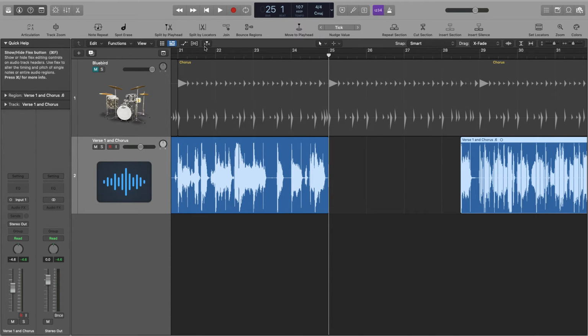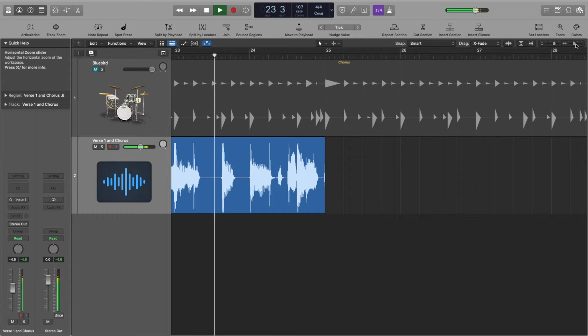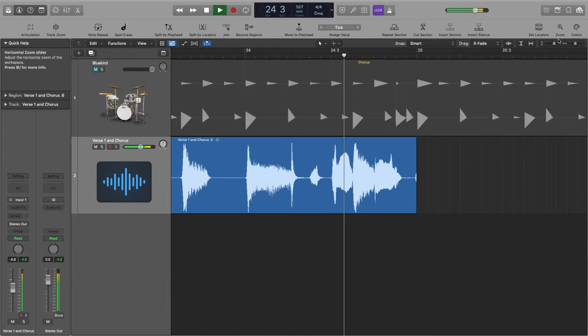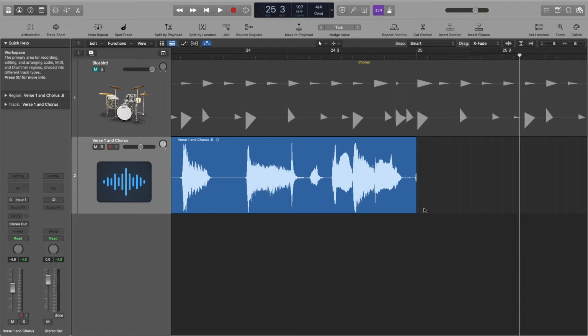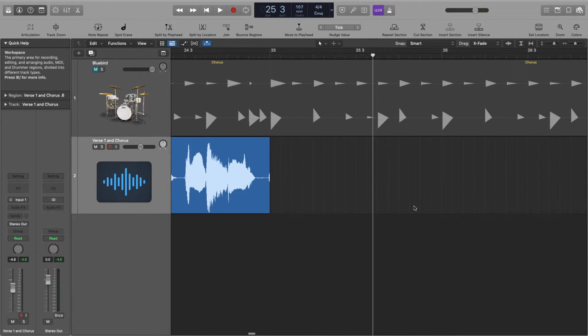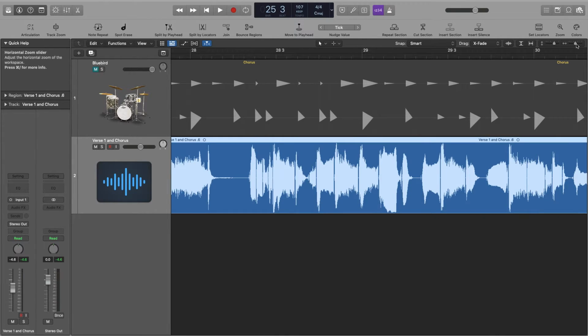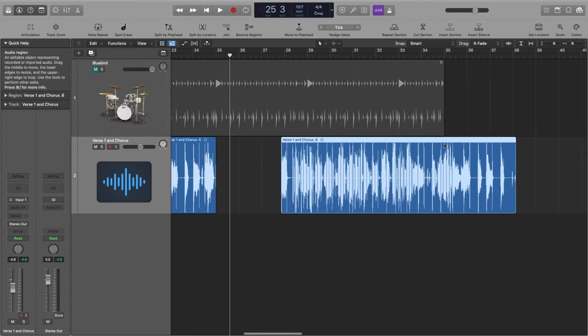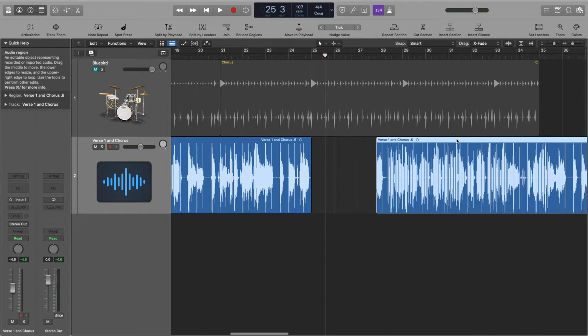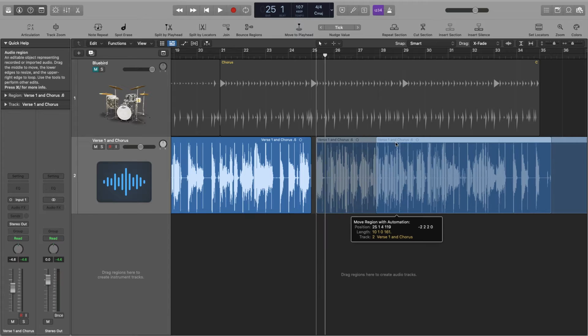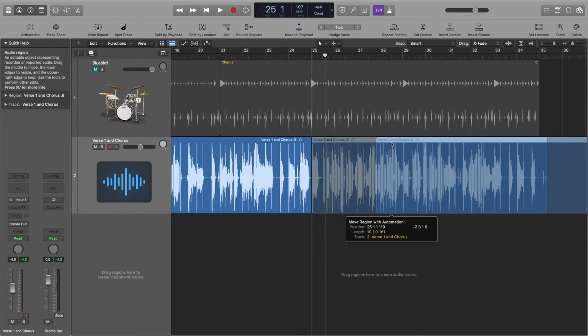So let's make sure. "I gotta say," okay, and then what I'm gonna do is this needs to just kind of go away. But for right now, the reason I did that is so I can now know where to put the drums. So if I mesh this back together,